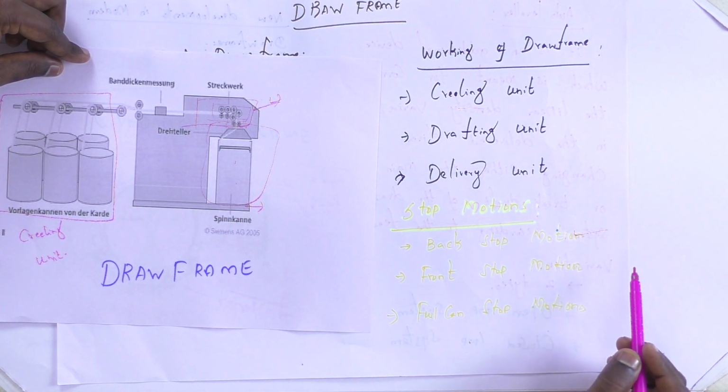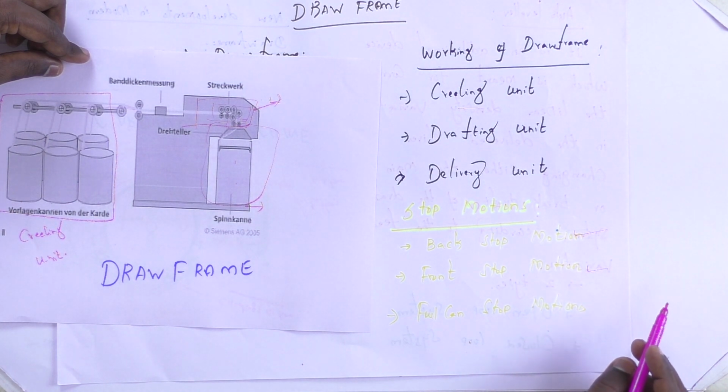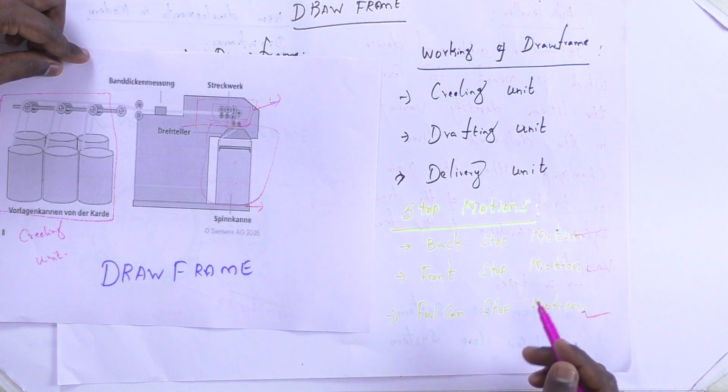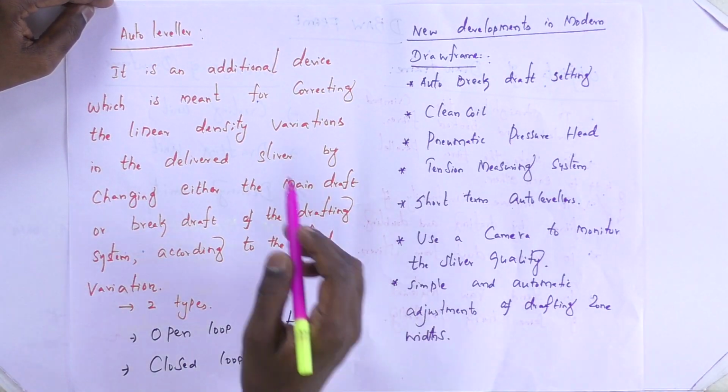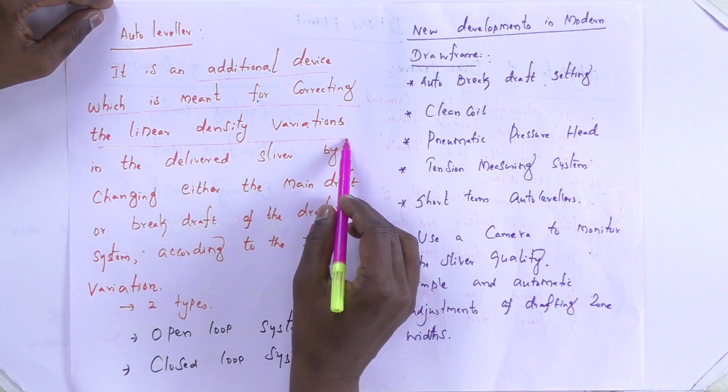Stop motions: back stop motion, which is present in the creel; front stop motion, which is present in the roller area, the drafting roller area; and the full can stop motion, present in the can area. In a draft frame, especially a modern draft frame, we use one important instrument called an auto leveler. What is an auto leveler? It is an additional device which is meant for correcting the